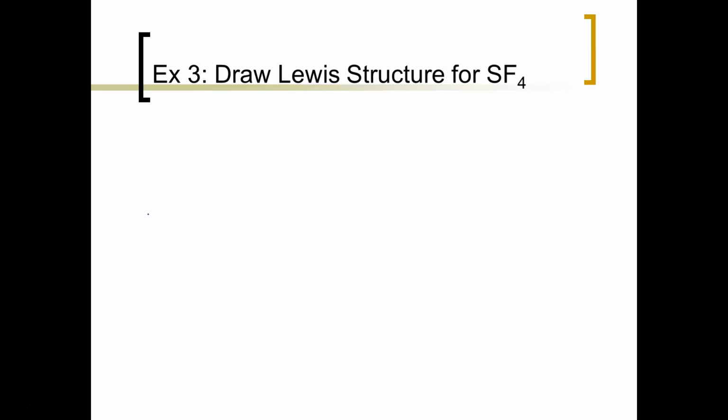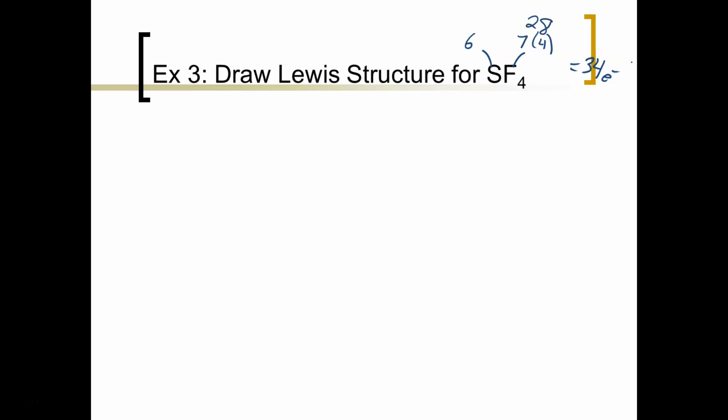So SF4, sulfur is in group 16. That has 6 valence electrons. And fluorine is in group 17, which has 7. And you have 4 fluorines. Okay, so 7 times 4 is 28 electrons, plus another 6. That gives you 34